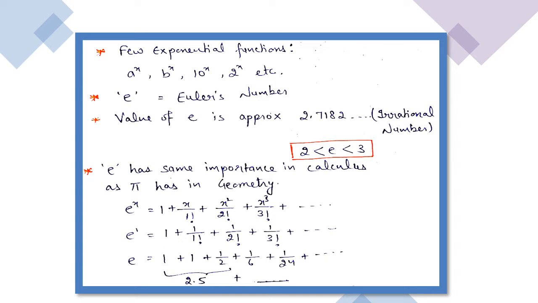Students, if you remember, there was one chapter in class 11th, sequences and series. So this is exponential series. And if we take x is equal to 1 in this series, then we are going to get this. 1 plus 1 plus half is 2.5, and after that you can observe fractions are very small. It means we are going to add some very small quantity in 2.5, so it will give us the value somewhere around 2.7182 and so on.